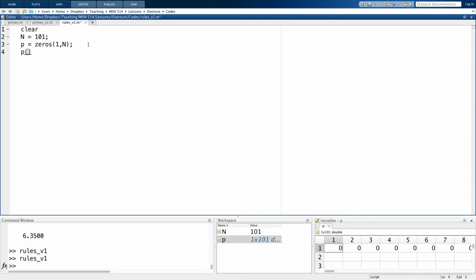So I will write down p at 1, (n plus 1) over 2 equals 1. If I run this, then you will see that this one is 1. I can even plot it for you